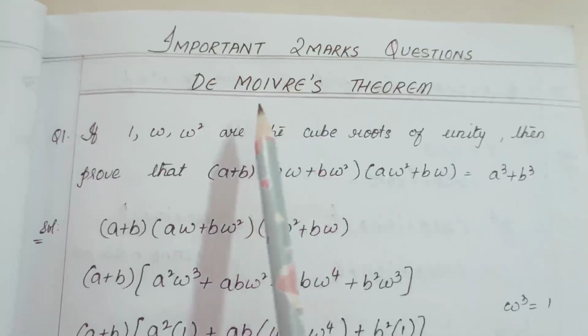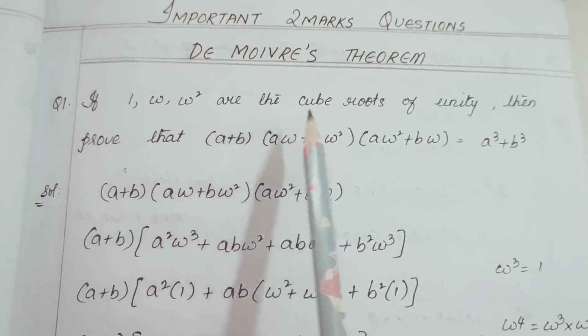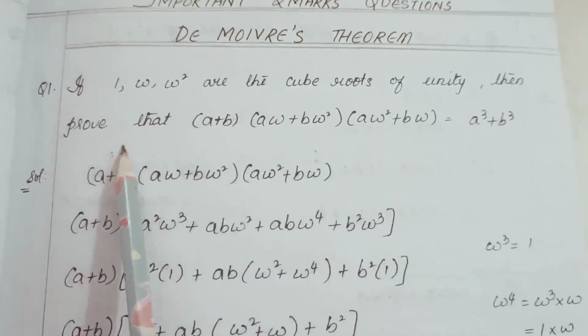Important 2 marks questions for De Moivre's theorem. Okay, question number 1. If 1, omega, omega square are the cube roots of unity, then prove that